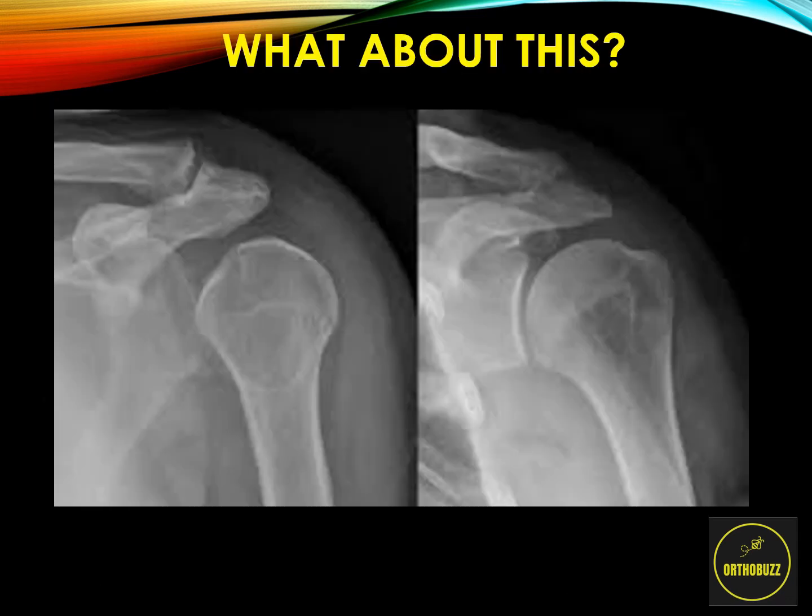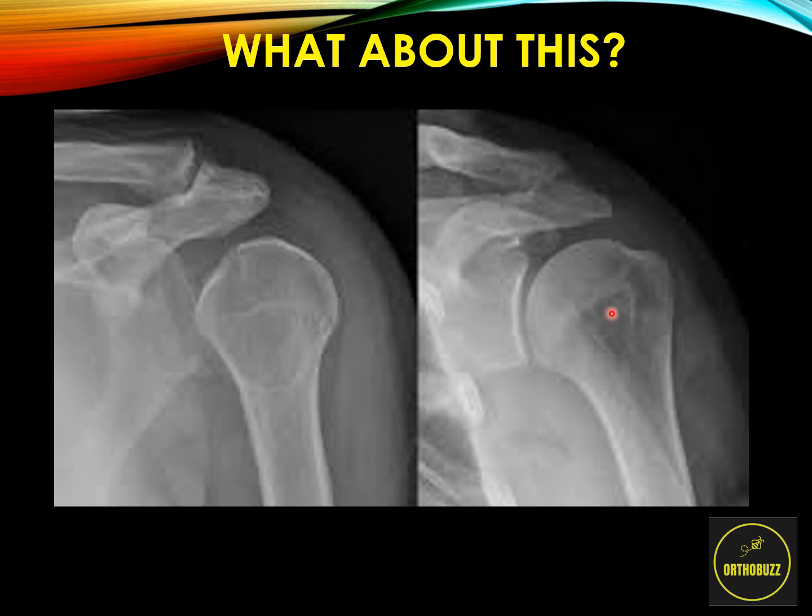So let's move on. What about this? Well, again, this is an AP of the left shoulder. Now, as you can see, we have the clavicle here, the acromion over here, the coracoid here, and at first glance, the glenoid seems to be articulating with the humeral head on both the left and the right images. But the left and the right images look different to each other, especially with regards to the humeral head and the contours. On the left-hand side, the humeral head seems to be articulating nicely with the glenoid, and we can see the